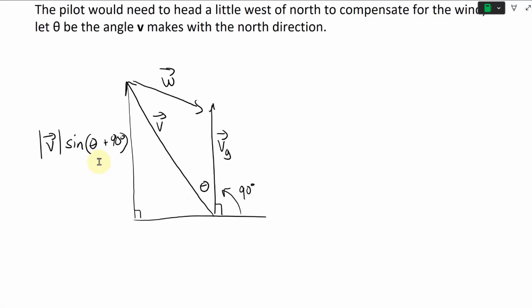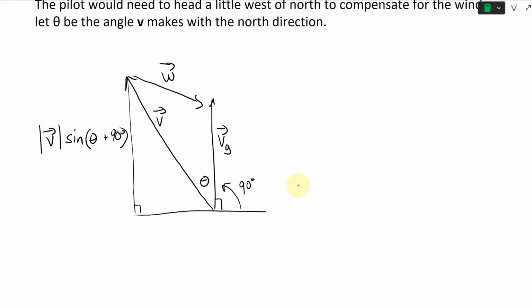I'm just going to keep it like this because the solutions manual has it like that. Because if you go on the left side right here, this one will be sine. We're going to have a positive number, but it's going to the west. And in this coordinate system, west is negative, because we have this angle going from this side here, where 0 is on the positive x-axis there. So anyways, the next part here is the absolute value of the speed, and then cosine